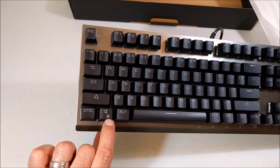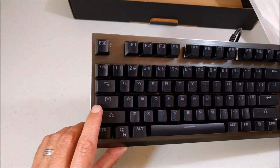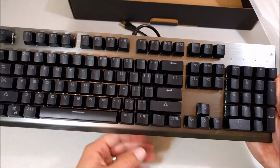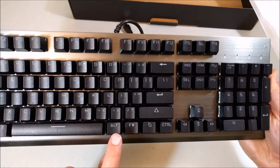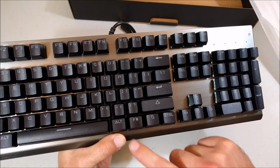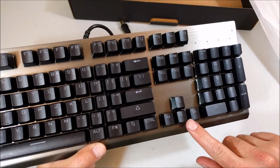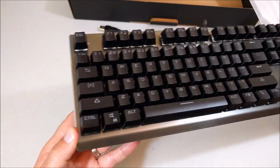The Windows and the lock key and the shift and the caps lock. Man, that's just so cool. And you got your alt button function, which is going to be very important here in a second. Control buttons, and look at your arrow keys. It's just so cool. And then the finish on this thing,